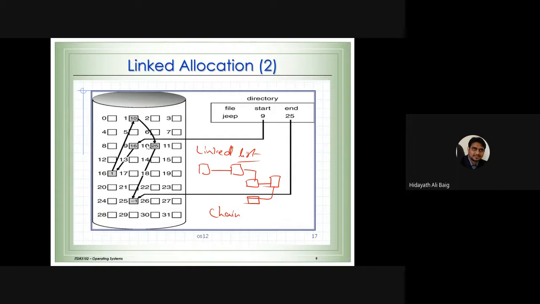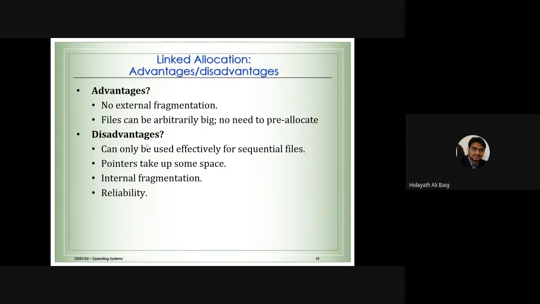Okay. So these are the two methods. One is contiguous allocation. One is non-contiguous memory allocation. So what are the advantages here? We are not using the file continuously, which means wherever the memory is available, we can simply make a link and use it. Because of that, there is no external fragmentation. We need not have the memory in the same location; we can use it anywhere. So that is one advantage of this.